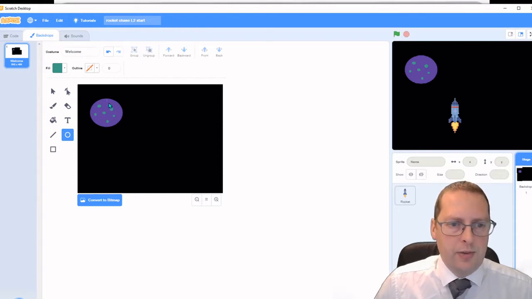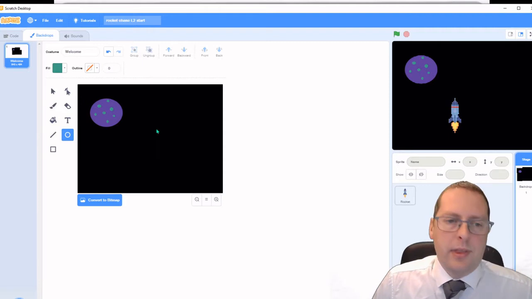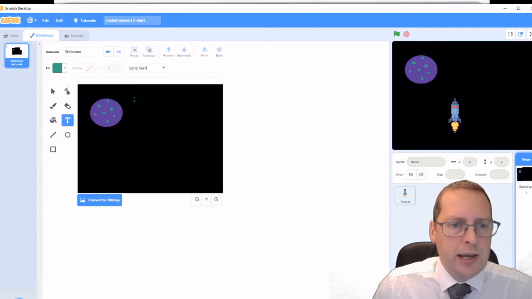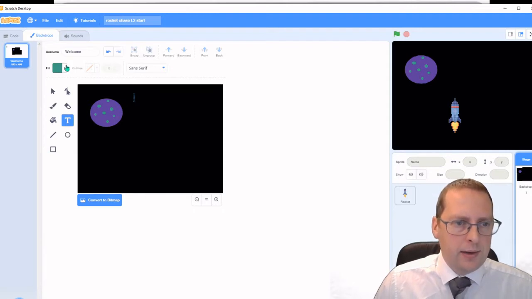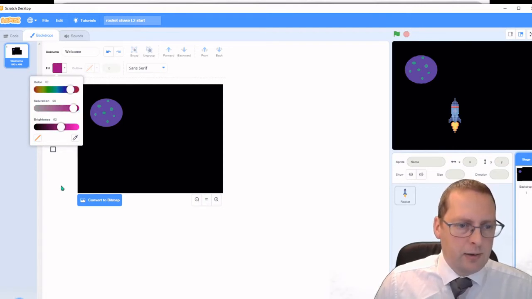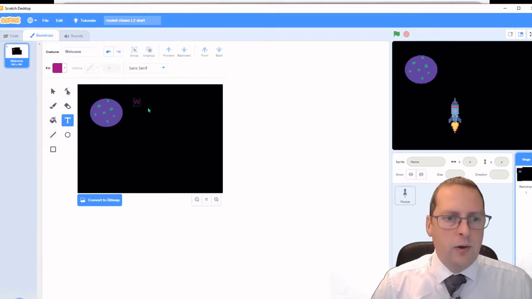Okay, I think that'll do me for my planet. So this is my planet, and this is my welcome screen. I might just want to put a message in here, and I'm looking at the colour of the writing. I'm going to go for something a little bit more spacey maybe. That'll do me. So just putting in here, welcome